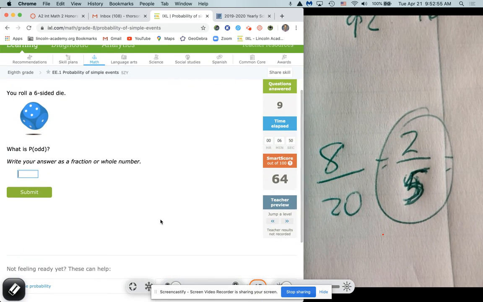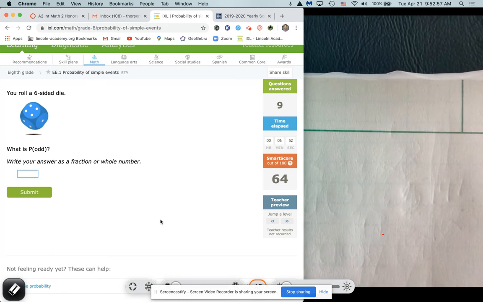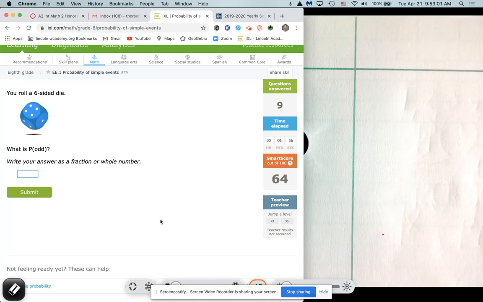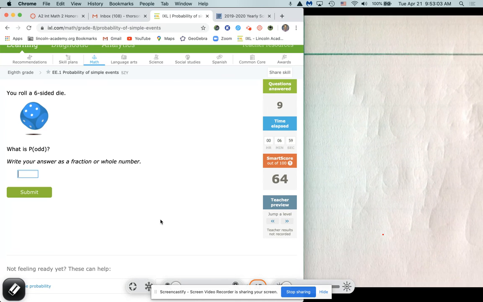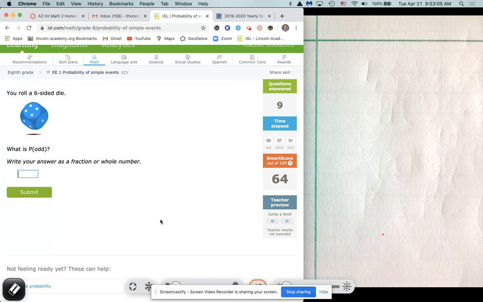Right? You roll, here's our 6-sided die. You roll a 6-sided die. What is the probability? And this is the one we actually did as an example. It doesn't ask for a specific number. It asks for the probability of an odd. Now you have to kind of understand that a 6-sided die has